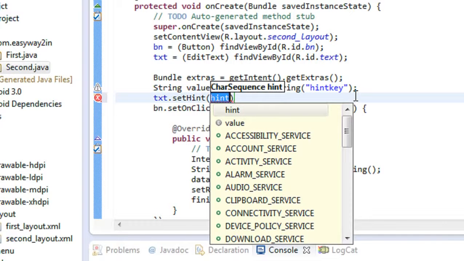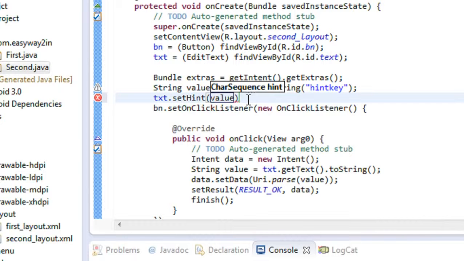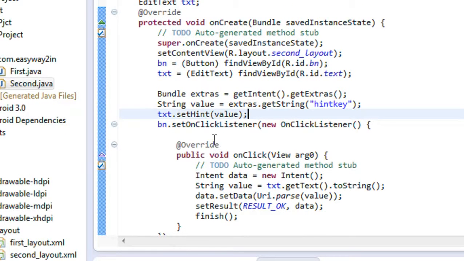Here the hint text is the value, the string to which we already got the data from the bundle object. Okay, now we set the data as a hint on the edit text.